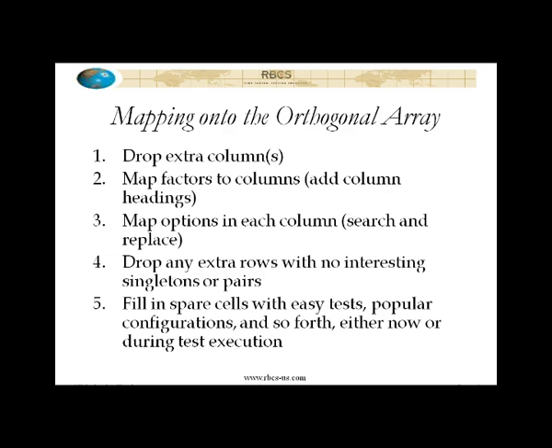If you have a row that has pairs in it, and you can convince yourself that those pairs of options for those particular factors are present somewhere else, then you can indeed delete that row. Or if there's partial overlap, you can figure out, in many cases, ways to combine rows together. The important thing is, remember, unique pairs or unique singletons have to be preserved. If you erase that distinction, then you lose the property that you're after here, which is making sure that you tested every possible pair. With step 4 done, if you need to do step 4, if there are any spare cells that were